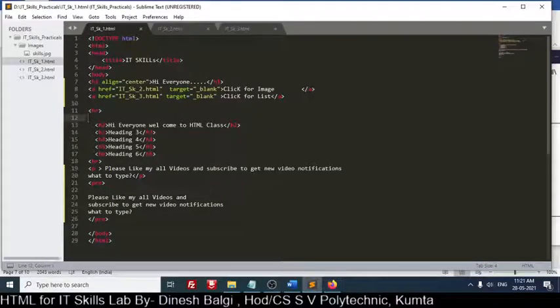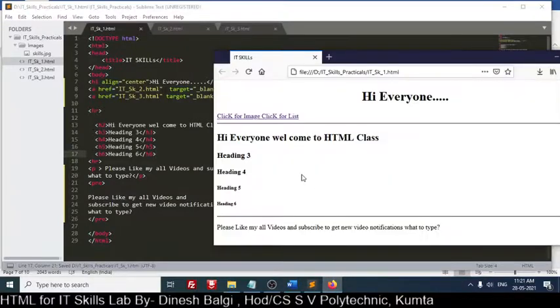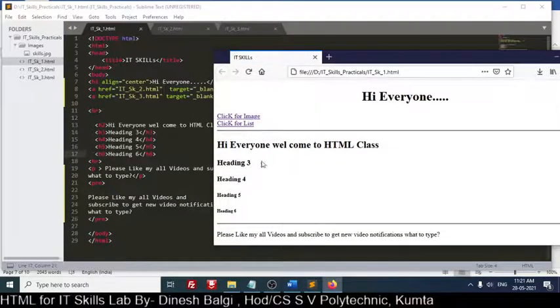So, okay, I will put it in the next line only. How to leave a space, I will tell you in the next videos. I don't want to mix these things now. Later I will tell you how to do this. Okay, so we'll keep it in 2 lines. I have saved and refreshed.